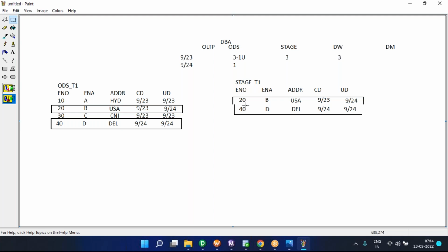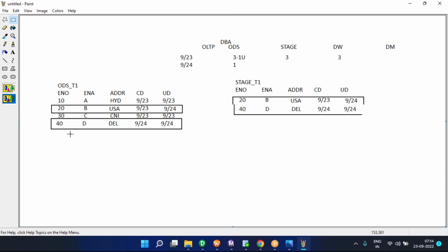This is called full load. And in the second run, if there are any new records inserted, and if there are any updates in the existing records, then even though there are millions of records in the source, doesn't matter, you have 4 records or 40 million records also,